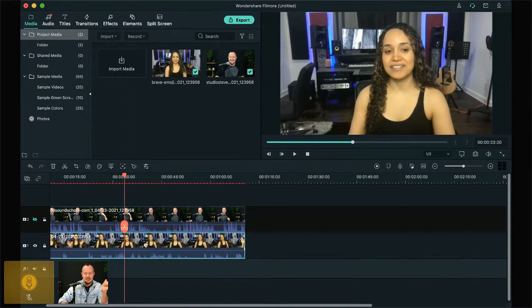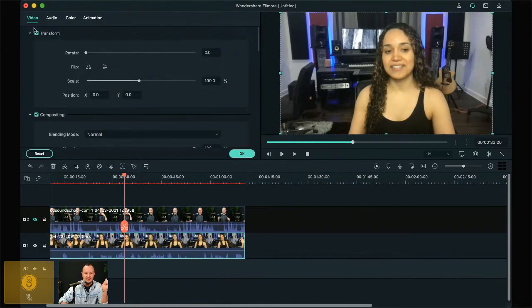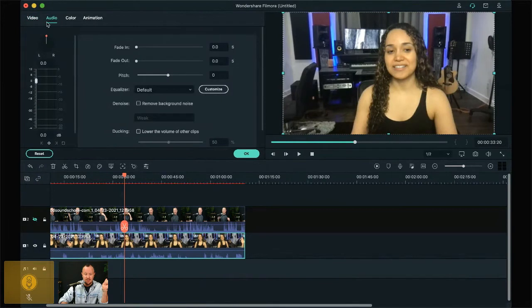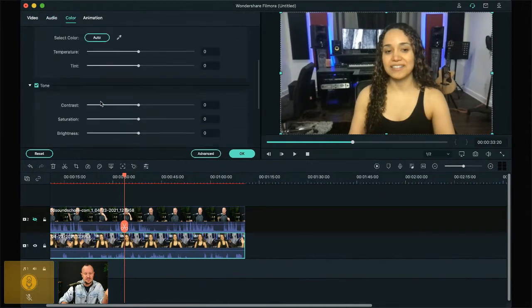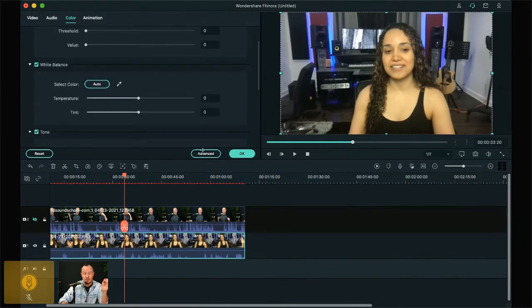So if you double click on any of the footage in question, it brings up this panel where you are allowed to adjust the video. You can adjust the audio, which is great, and they have different audio effects. They actually have a pretty decent background noise remover effect here. And then color. In color, you can use these auto features, or you can get even more advanced and click advanced, and it will open up this advanced color correcting, or color tuning tab, it calls it. There are presets here. These are LUTs, or different looks you could call it. Or we could just say reset all here. And sometimes you can get some really cool looks by just using the presets.